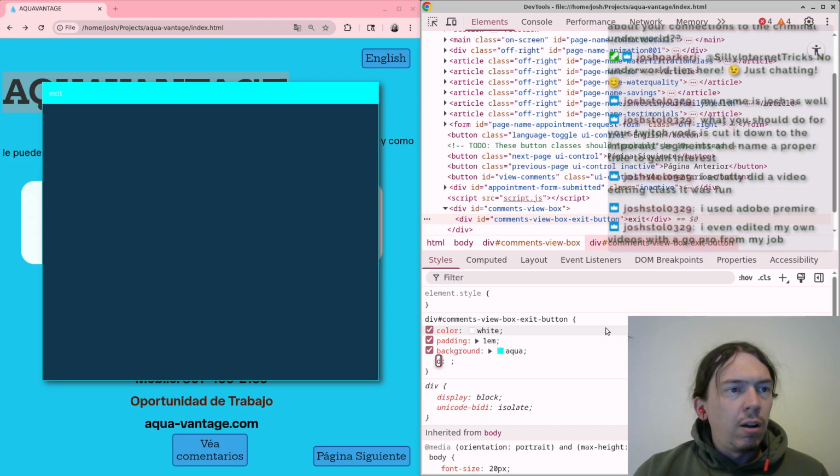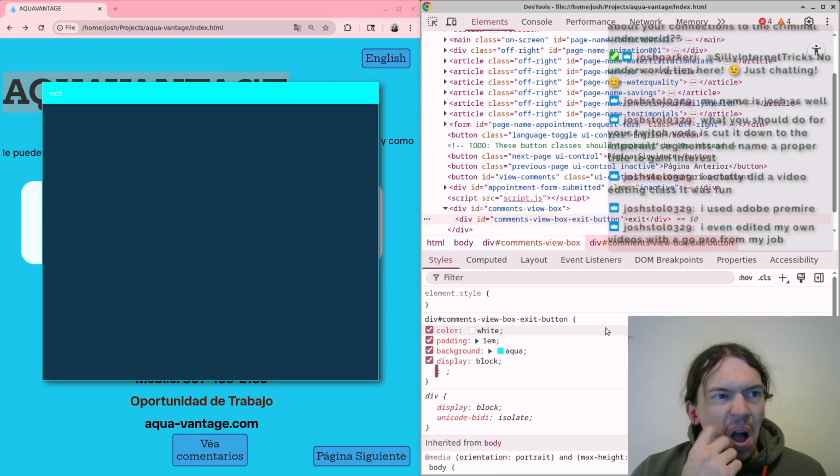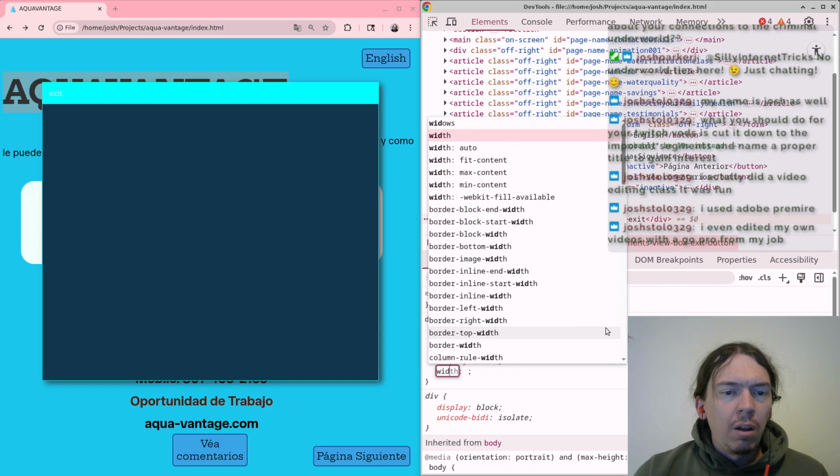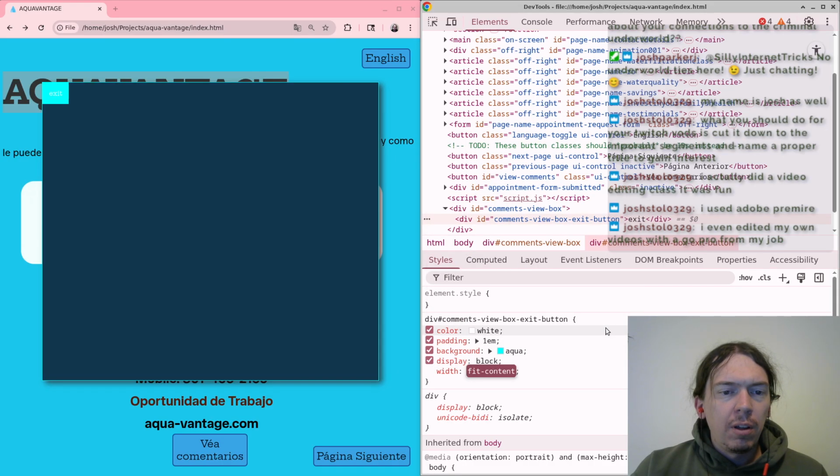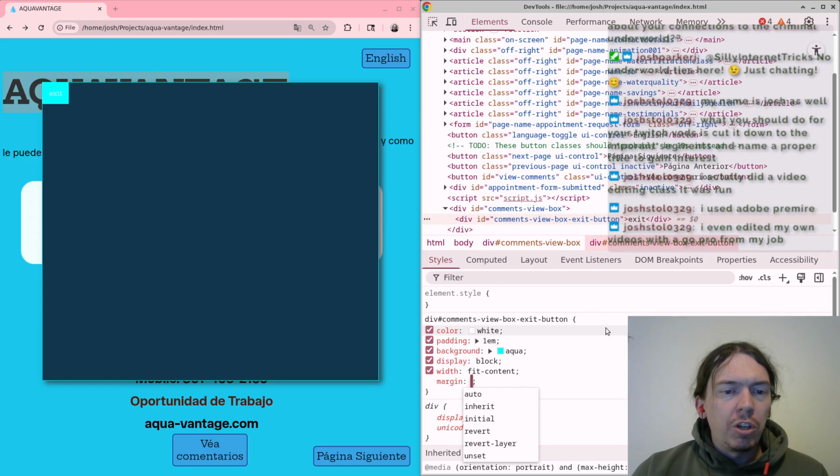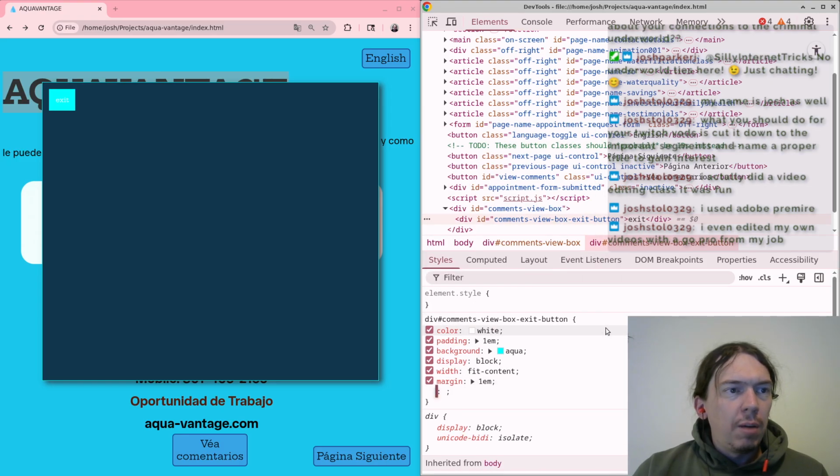Okay. Display block. Width fit content. Margin 1 EM.